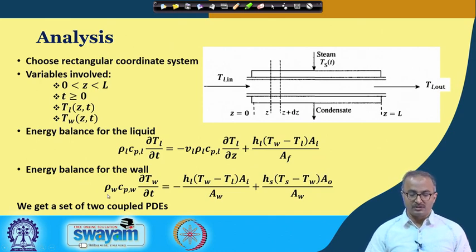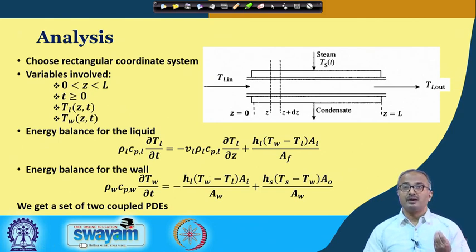Then we come to the energy balance for the wall. Again we have this term which signifies how the heat within the particular solid or the wall is changing. So that is the accumulation term for the wall, and in the case of the wall we have neglected the convective heat transfer. So we do not have the convective heat transfer term, unlike the one we have in the case of the liquid. As we said, we are also neglecting the heat transfer resistance due to the conduction in the solid. So we do not have that term also, only the source terms.